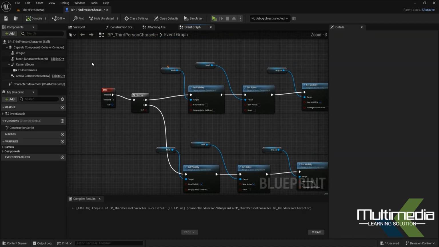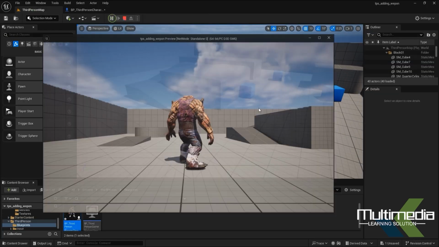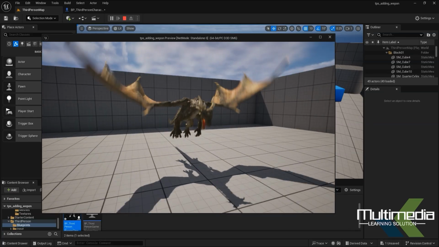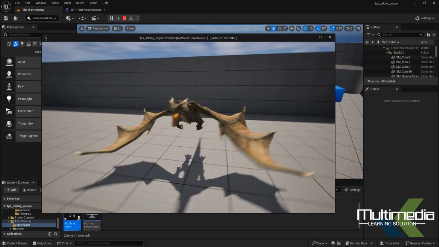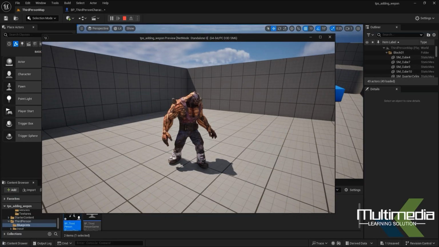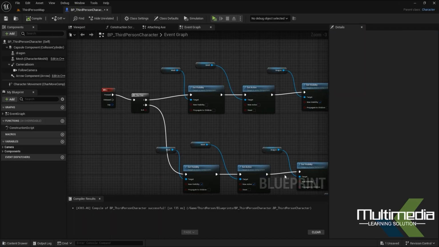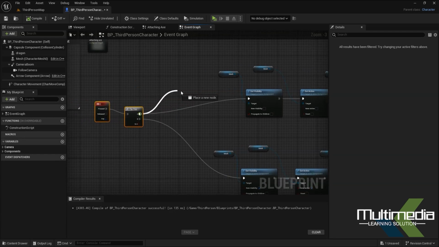Okay, go back to the third person map, and I just want to check, press C command. Yes, so now transformation is happening here, I can see. But in between for the transition I want to add some particles, so go back to here and we will add the particle system. So say spawn